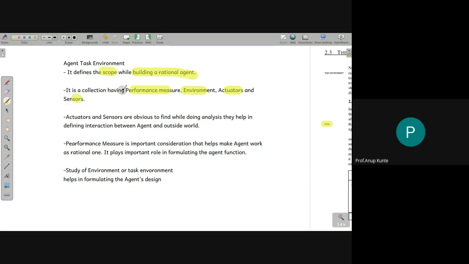एजेंट का जो आर्किटेक्चर है उसमें क्या क्या कंपोनेंट रहेंगे और वो कंपोनेंट एक दूसरे के साथ कैसे वर्क करेंगे, that would be yielded when I know more about the environment, because ultimately the agent has to work in this fashion. It has to use its sensors and actuators to manipulate the state of the environment and get into a state where the performance measure is maximized.